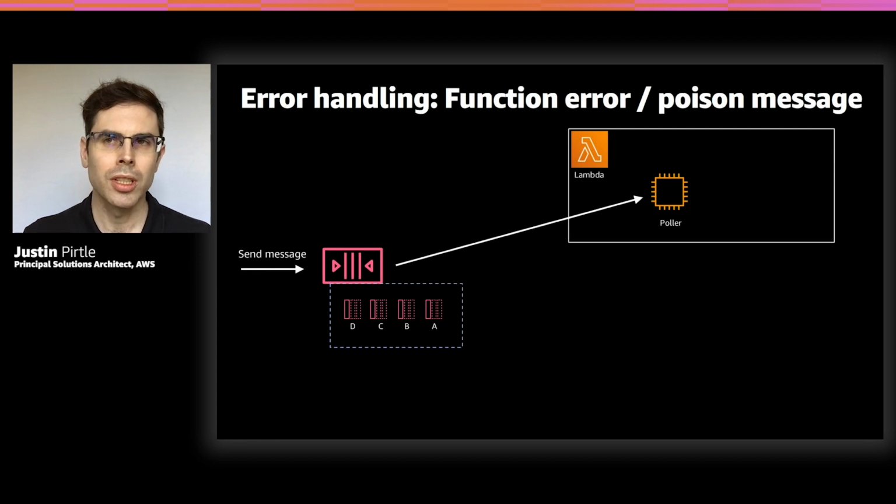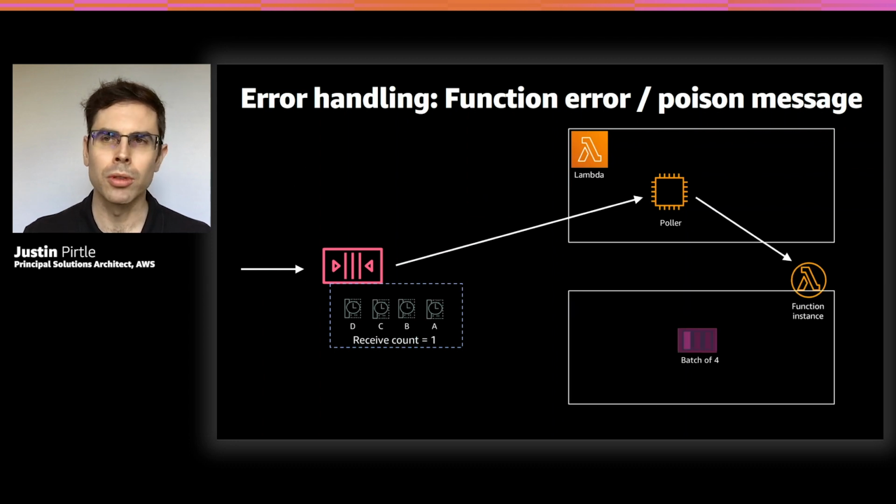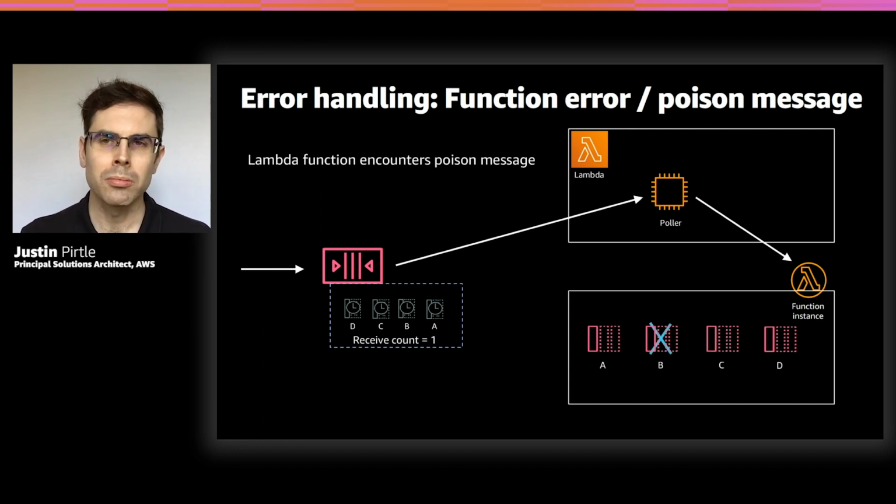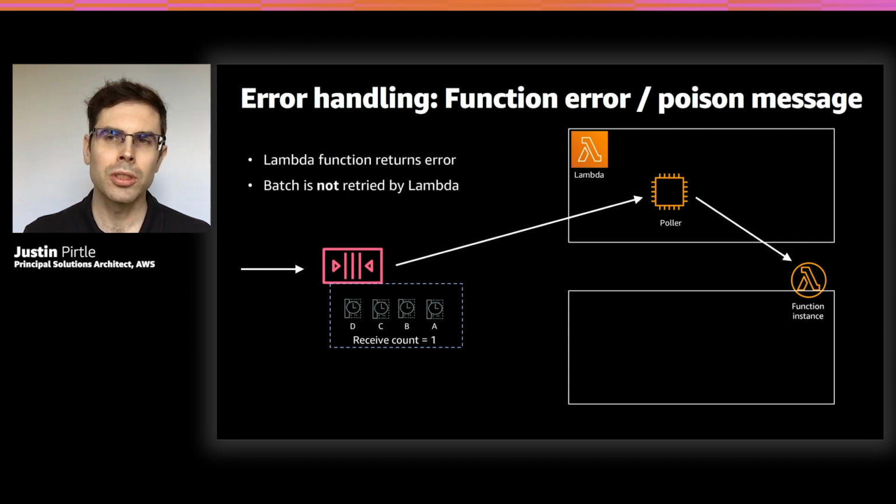First, with SQS, let's look at what happens if you have a poison message. So we send a message to the queue. The queue is able to pull off the batch of messages, say our batch of 4. We send them to the poller, just as before. We get a function instance created. And inside that instance, let's say one of the 4 messages, message B, is a bad message. Well, message A, C, and D can finish processing successfully, but if we throw an exception the moment we see D, even if the others finished processing already, what Lambda would do is stop processing, not retry, and not call that delete message API at all.